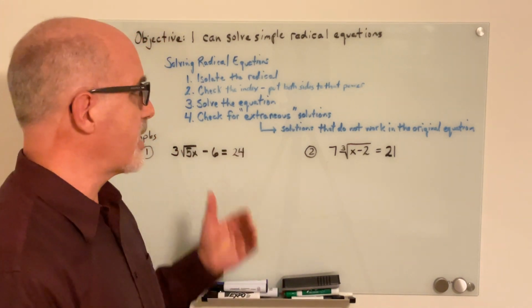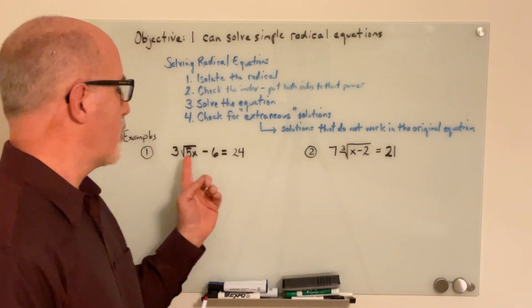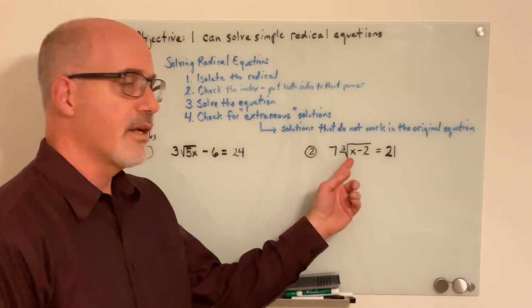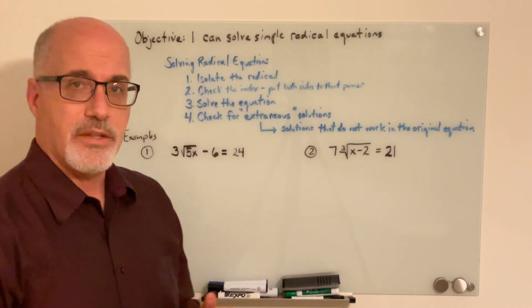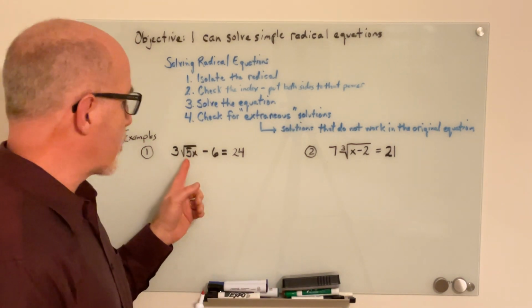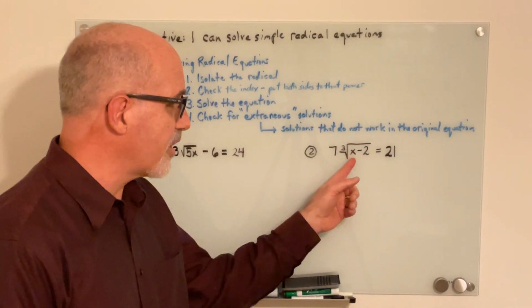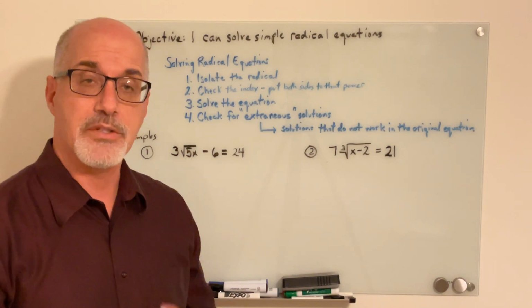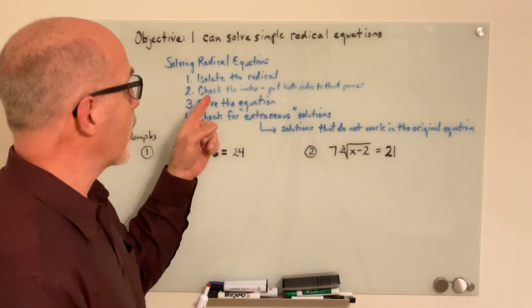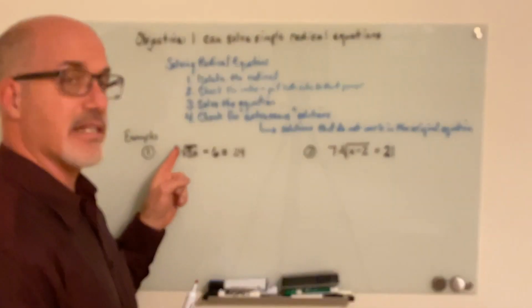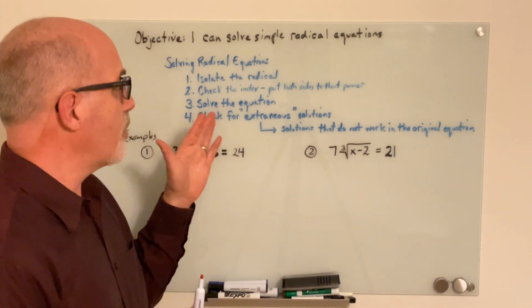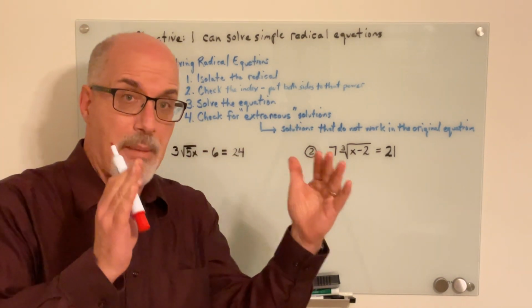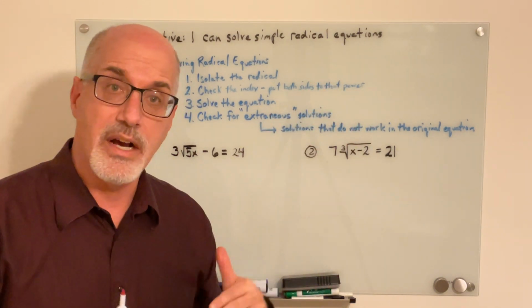So first of all, the steps for doing this, when you've got radical equations, because you've got radicals in both of these two, you're first going to isolate the radical. So you're going to get that square root in this problem by itself and that cube root by itself. That's what isolate means. Now you're going to check the index. This one, the index is a 2. This index is a 3. When you do that, you're going to put both sides to that power in order to get rid of that